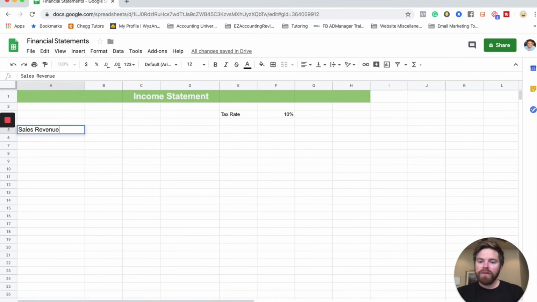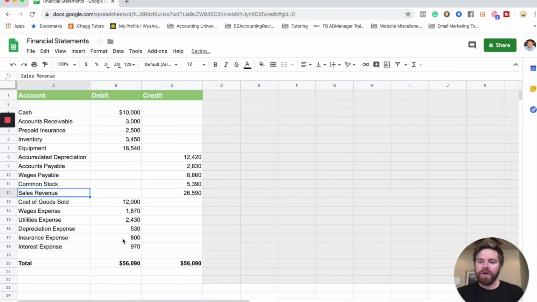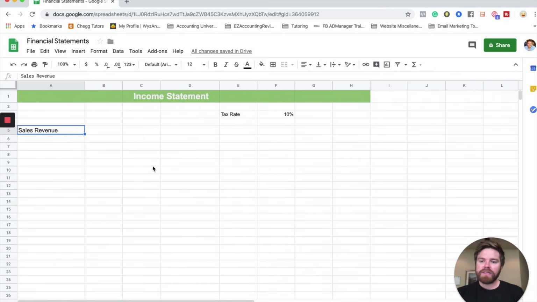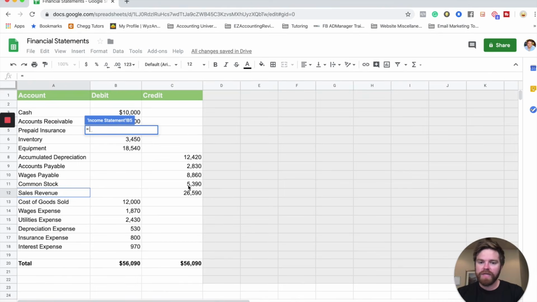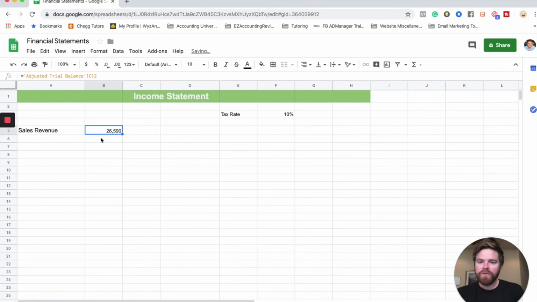So let's go ahead and plug this in. So we know right over here, if we go ahead and address it, looks like it's going to be $26,590. So since we're in Excel here, I can go ahead and do equals and jump right over to this tab and then click on your sales number and hit enter. And it brings that number over,